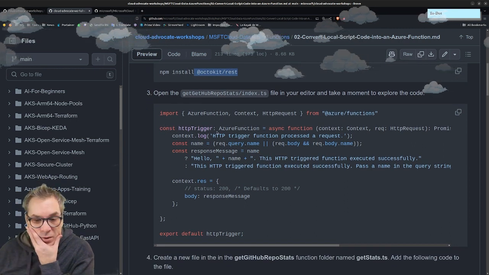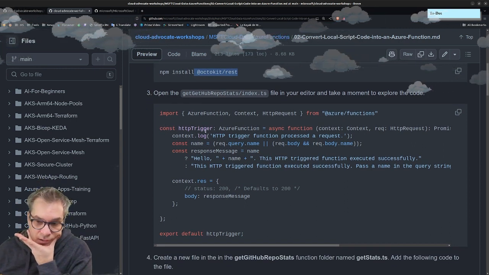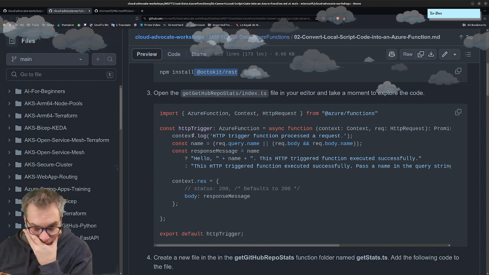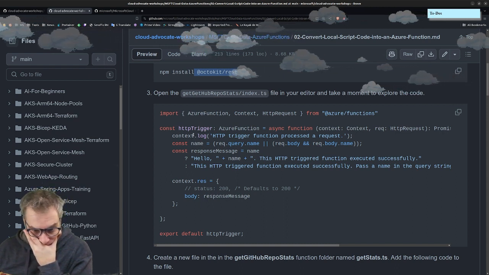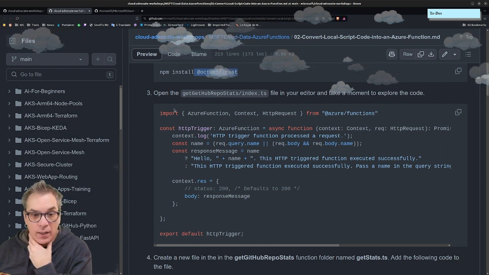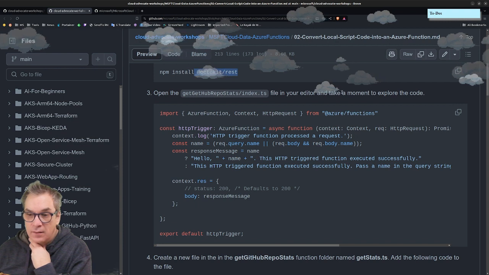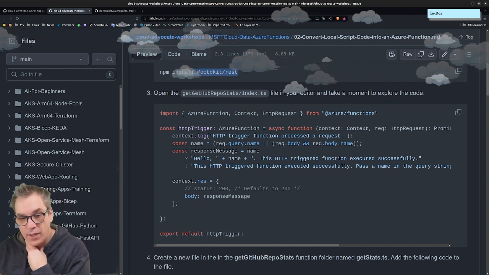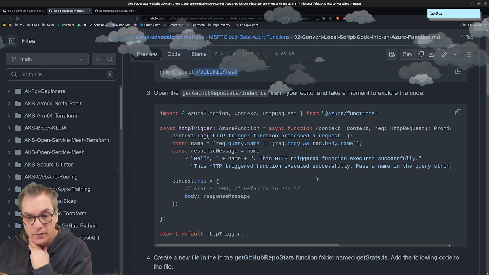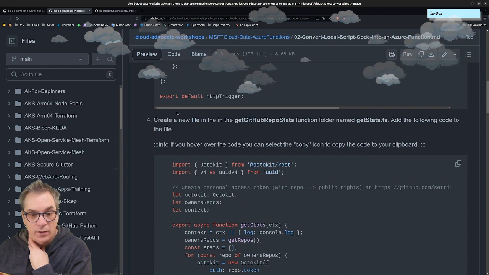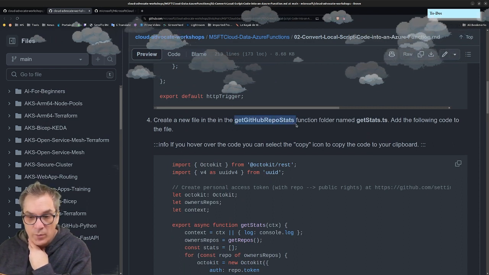Okay, interesting. So HTTP trigger. When you generate the new trigger, like I say, hey, hello world, and you could specify the name. Okay, cool. Then create a new file, GitHub repo stat,